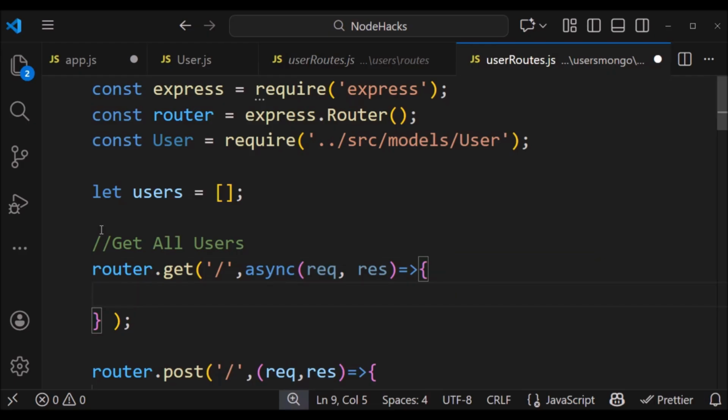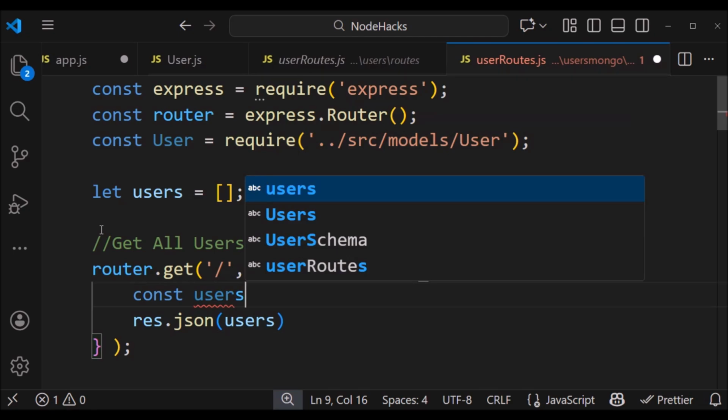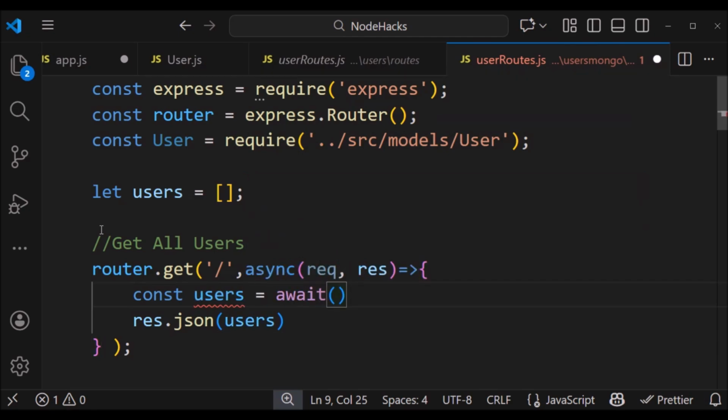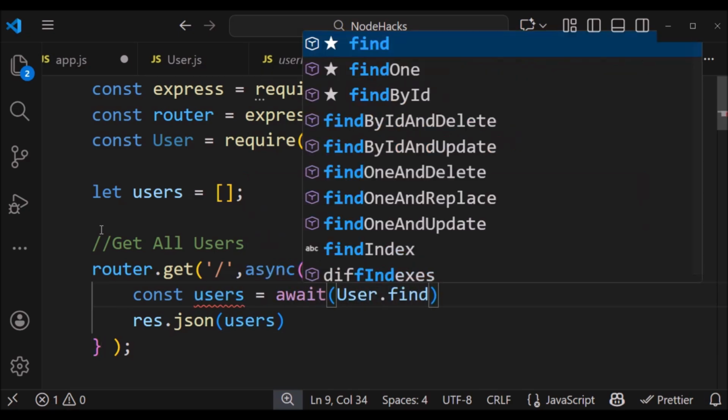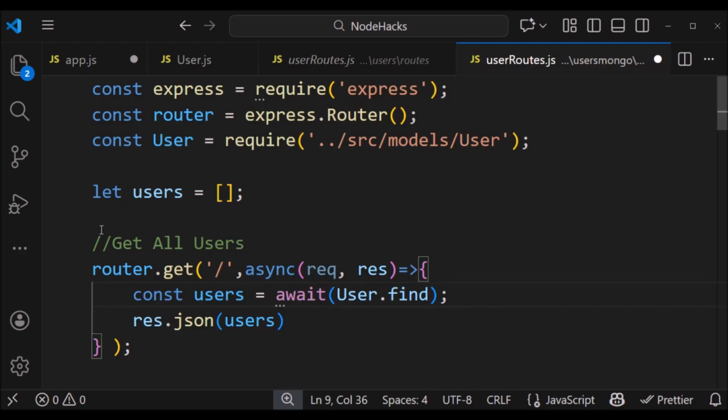Viewers, here by writing async before the function, we are telling Node.js that this function will perform an asynchronous operation that may be accessing a database, reading or writing files, or calling external APIs. Next viewers, instead of reading from the JSON file, we will fetch all users from MongoDB using the .find method.